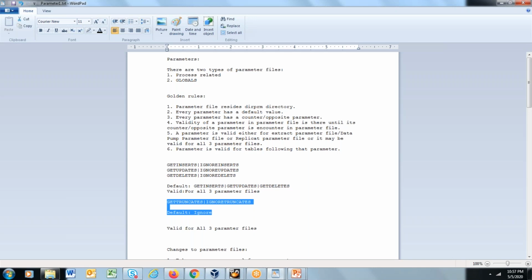I don't have any details about why they have done that, but that probably is the reason, because if someone mistakenly executes a truncate, it should not be replicated to the target unless we want to do it. Ideally that should be the reason. The developer must have thought about that, and that's why they have done it like that for sure.